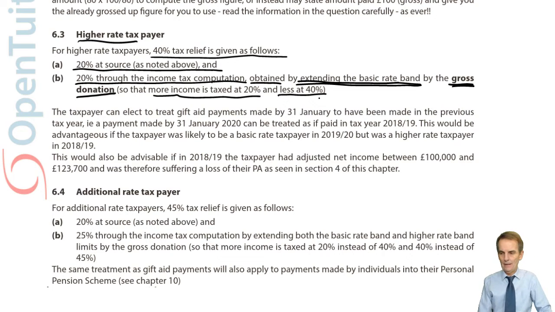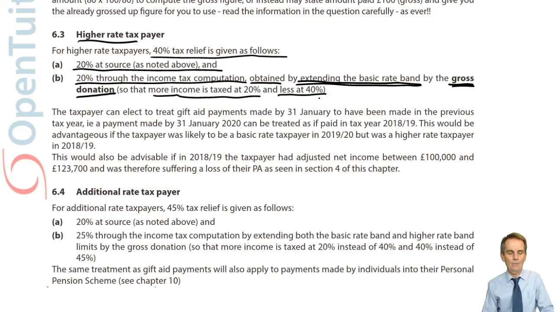So, for example, if I have got a taxable income figure of £40,000, then without reference to gift aid payments or to personal pension contributions, let's assume for the sake of argument it's all non-savings income, it would be a simple tax calculation. £34,500, the basic rate band limit, would be taxed at 20%. And the balance, the extra from 34,500 up to 40,000, an extra £5,500, would be at 40%.